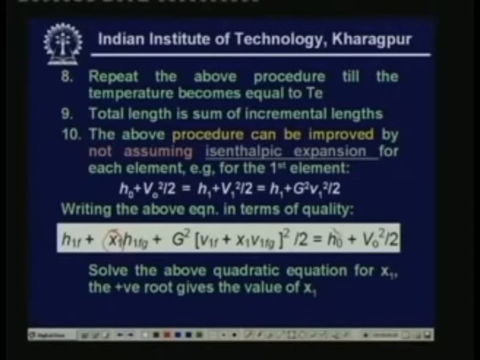In this equation we know all these things. All these things are known to us. So the only unknown is x1. So you can see that this is a quadratic equation. When you solve this quadratic equation, it will give you two roots, and you have to select the root that is positive. So the positive root of this quadratic equation gives you the correct value of dryness fraction.